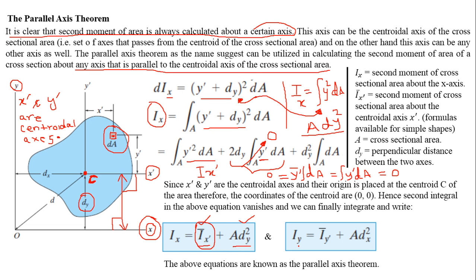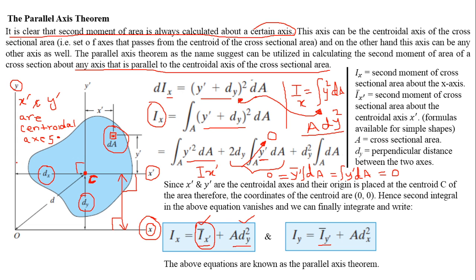And similarly, Iy will be equal to the second moment of area of this entire cross section about its centroidal y-axis, that is y dash. You have to find the value of this first, plus multiplied by the area of this entire cross section into the square of the distance between the two vertical axes. So you see that this dx is the perpendicular distance